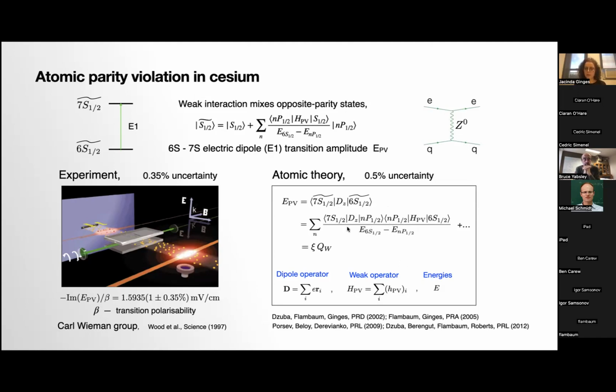So this means that your atomic calculations need to be really well described, incredibly well described at all distances across the full atom and not just at any one particular point. So this is a huge challenge for atomic theory. And of course, while this formula here looks rather simple, these are many electron atomic states. So for cesium, this is a 55 electron state. So evaluation of this is really at the forefront of precision atomic theory challenges.